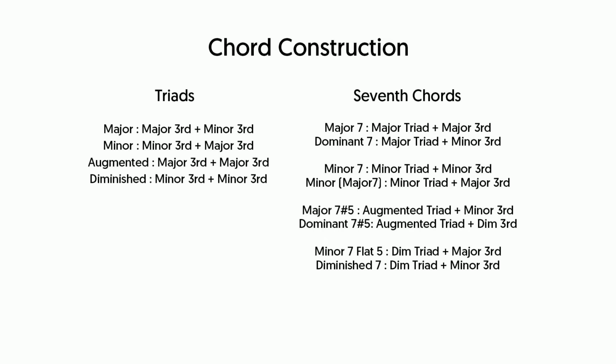So all we're doing is building up. We're starting with basic building blocks of intervals, and then we've combined thirds in this tertian system to create triads, and now we've added another one on top to give us seventh chords. So each time we're just adding one onto the next. Now, I'm running out of time with this, so I could go on forever, but basically you can keep adding